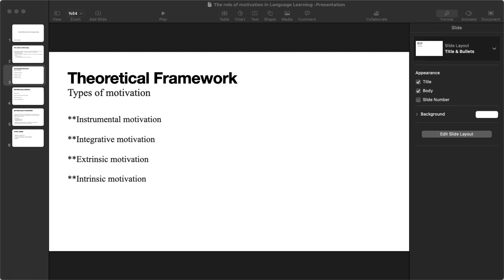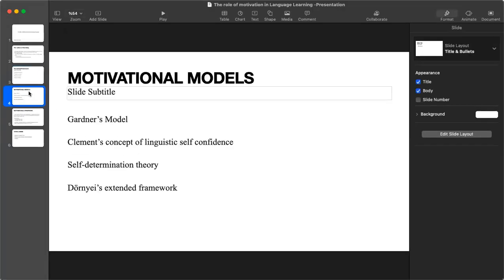So when we move on to our next slide, we see the motivational models here. There were also various models and frameworks used to describe L2 motivation, which is really a very complicated composition. We can say that one of the well-known models belongs to Gardner, and within his motivational model, we can see that L2 motivation is more about how